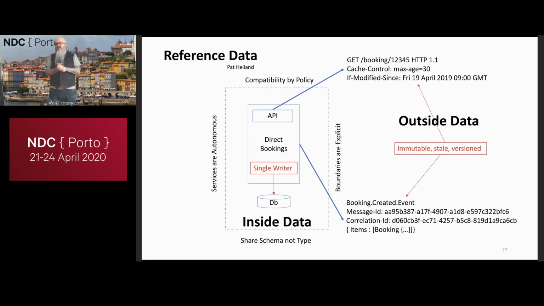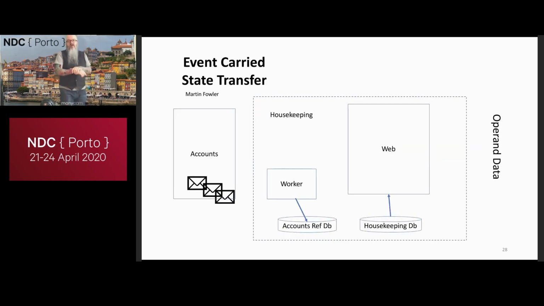The trouble is, of course, generally speaking, I might have to visit a given hotel once, twice a year. And so it's very unlikely I'm going to get cache hits when you turn up at the front desk. But if I could pre-build the cache such that when you turned up, your data was already in the cache, well, then that might be a way of avoiding me having to make the call across to the account service. And so this leads to this idea called event carried state transfer. I think Sam Newman actually calls it a data pump, and I've also seen it called reference data by Jim Webber and Ian Robinson in their book Rest in Practice.